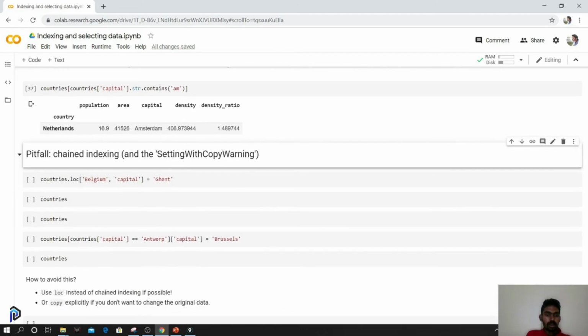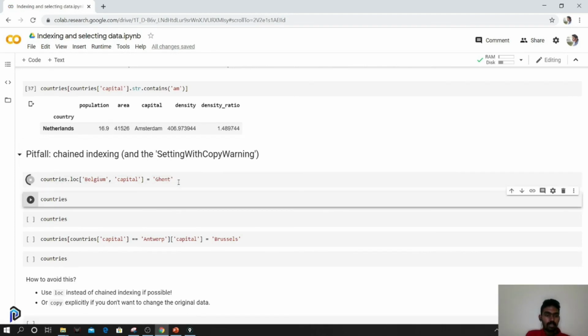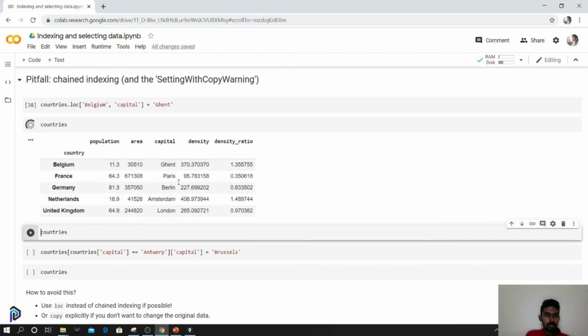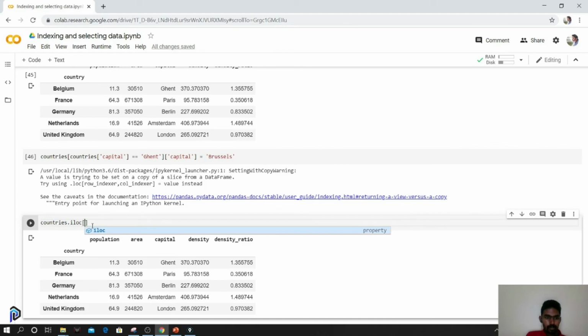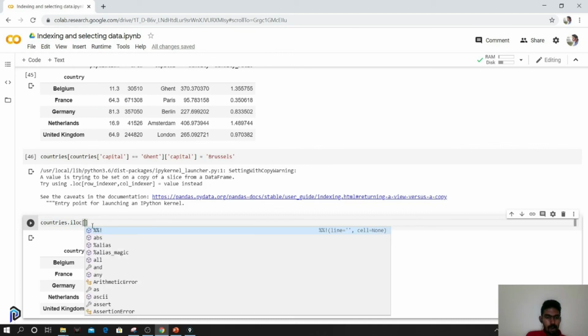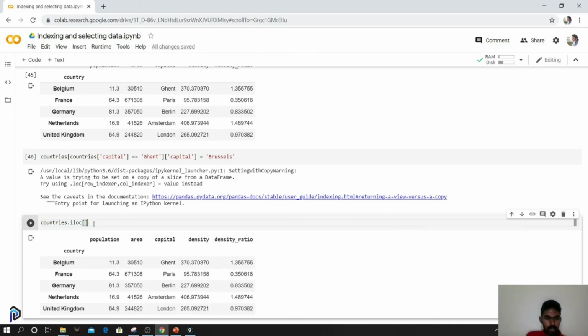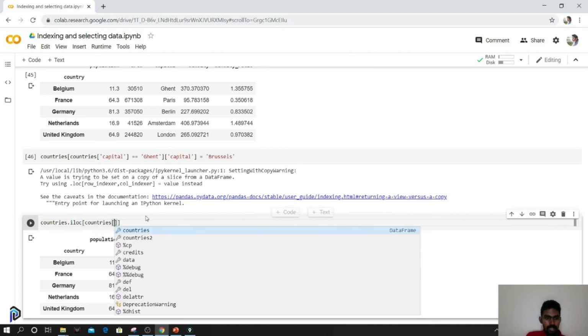In the last part, what I am trying to do is change the capital of Belgium to another value. So let me change. So Belgium is changed to this value. So we have a condition like, let's change some other value.